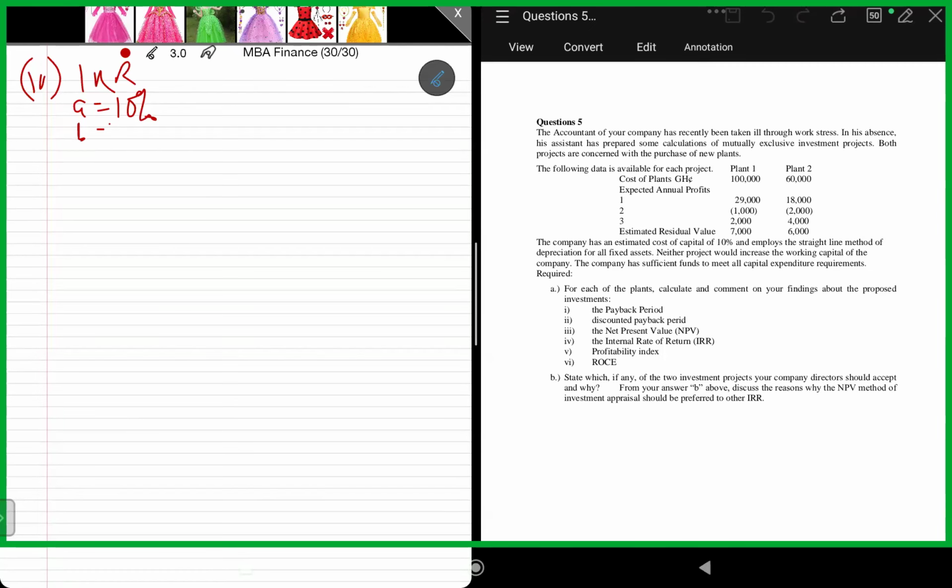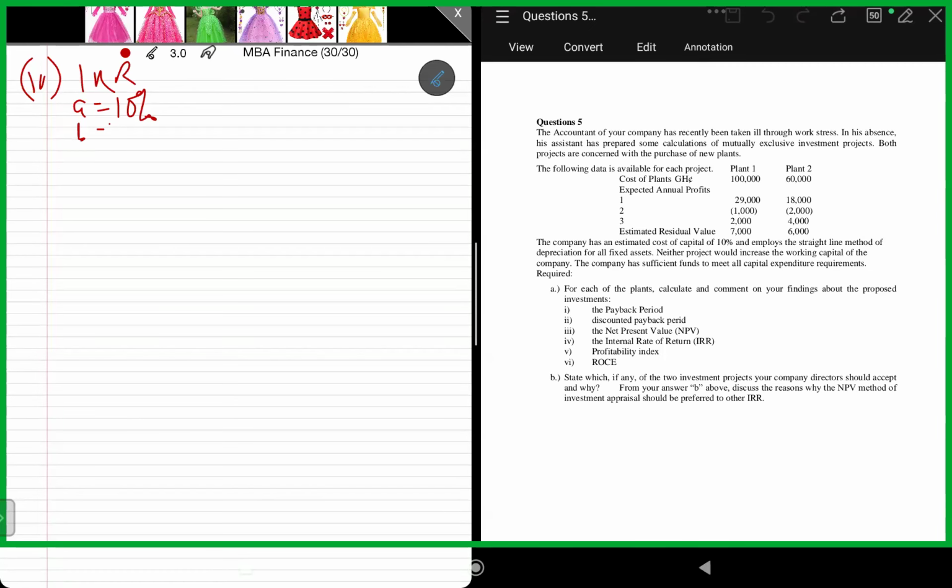You are going to compute the NPV using a 20% discount rate or interest rate. You follow the way I solved it here. It's the same format, only that the discount factor will be 20%. It will change. So 0.90 will change, 0.820 will change. In your case, for you to arrive at this PV for the new plant one,